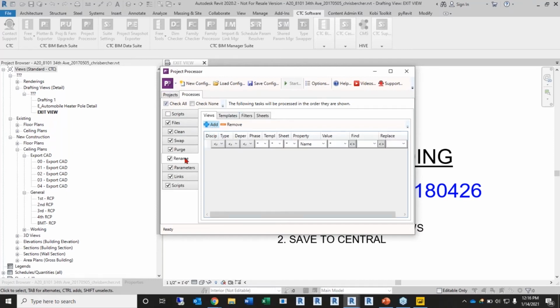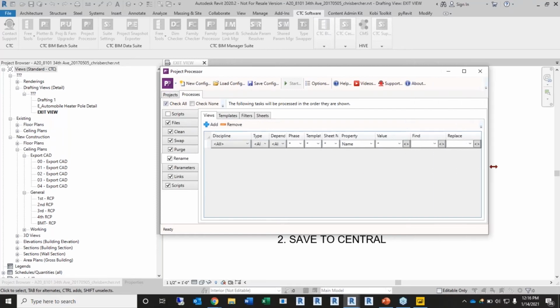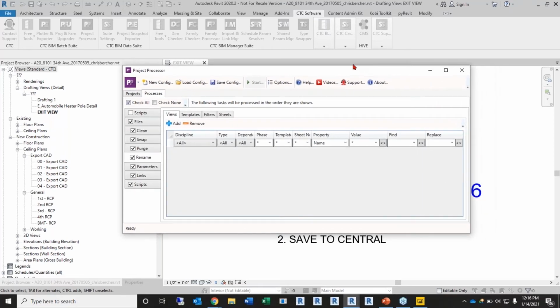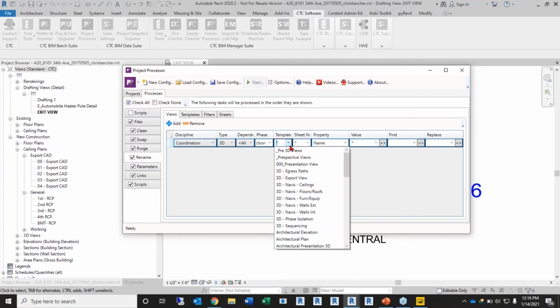And this is one where we can add almost like a formula in a sense, so that we can hit more views instead of just doing them one at a time. So I can say in all of my coordination views that are 3D, right? And in the new construction phase,